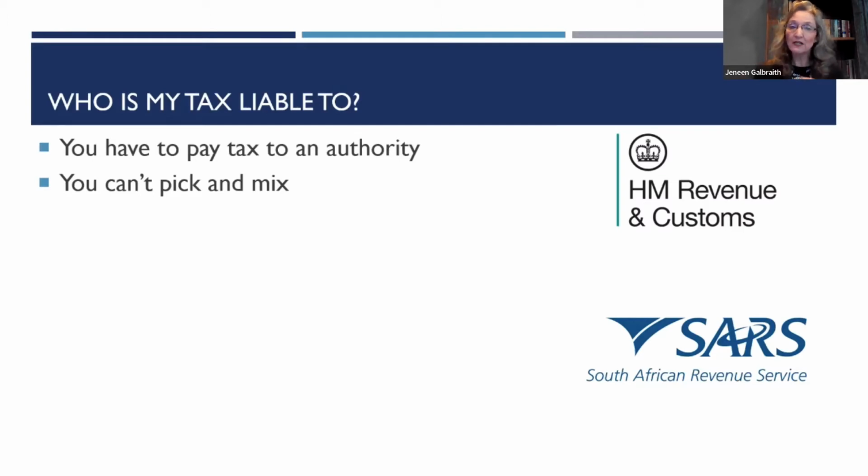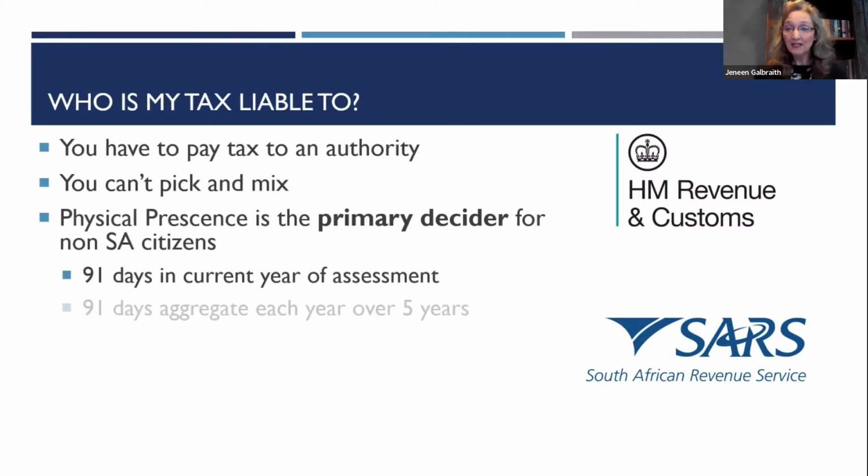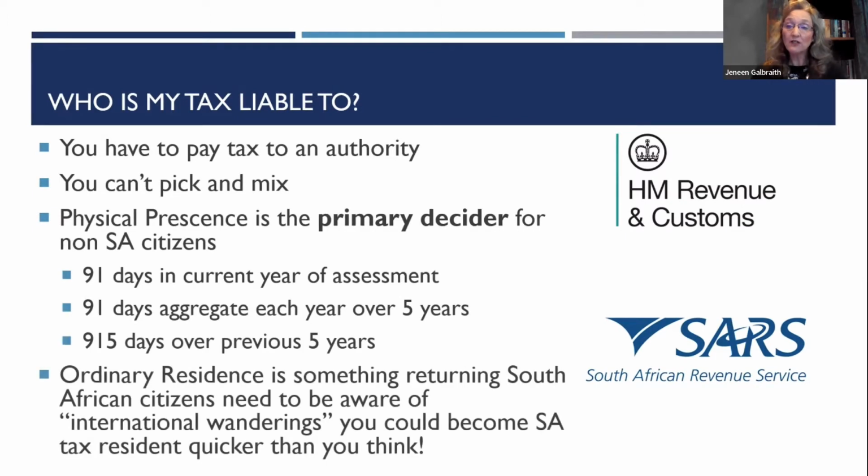The problem, of course, is if you're coming for more than 183 days, and the wording is 183 days in any 12-month period. So often there's a little bit of confusion around these 183 days. And if you're going to be here for more than 12 months, then even if you're not a tax resident, you are taxed on your South African sourced income, which means that employment income is taxable in South Africa. So whether you're an employee or an independent contractor, the independent contractor obviously allows you to claim more expenses. So that's where it's advantageous.